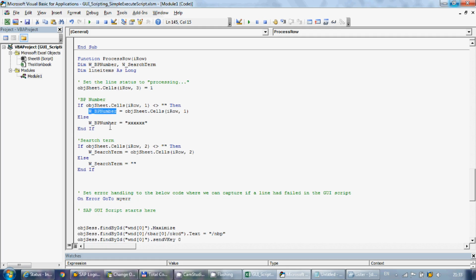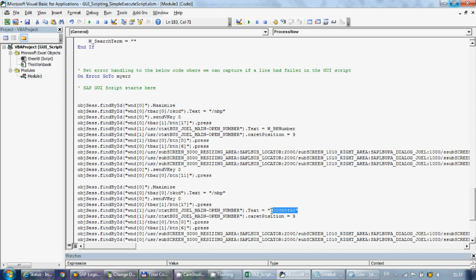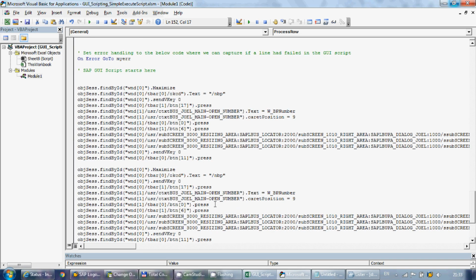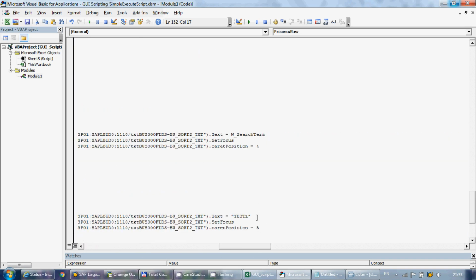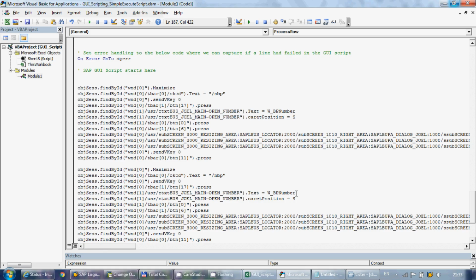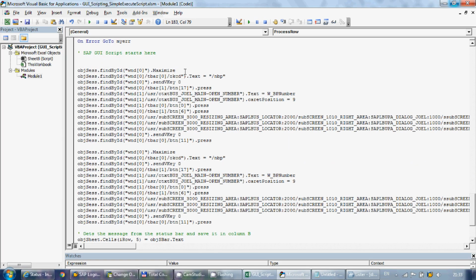So okay, I want to pass the business partner number from Excel. So here where it says the business partner number, I'm just going to replace it with the name of the variable, and the same with the search term. I find the search term and replace it here. And obviously, because this is not a value but the name of the variable, it doesn't need to be in double quotes. And once you have done that, that's all you need to do. You can see that the two pieces of code here are identical,